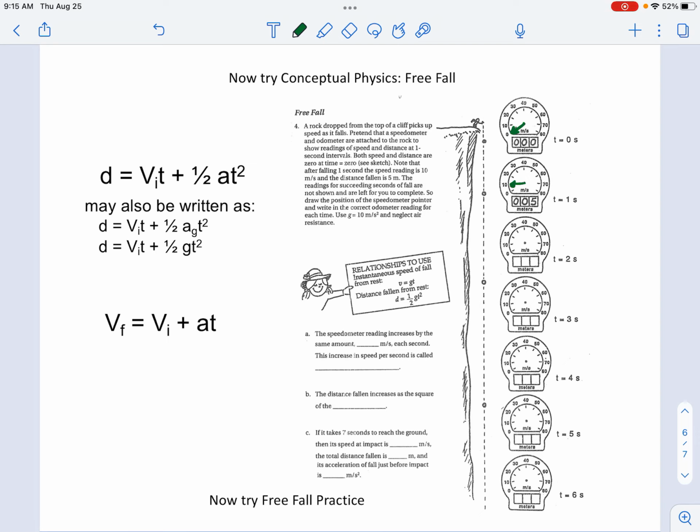They just kind of rounded this off to 10 to make the numbers a little bit cleaner for us. If we have an object that is falling for 2 seconds, it has accelerated for 2 seconds at a rate of negative 9.8 meters per second squared. So our speed would come out to 19.6, which again, for simplicity's sake, we're just going to round off